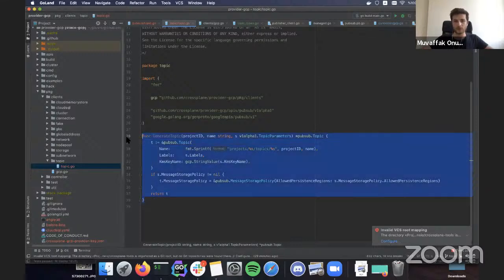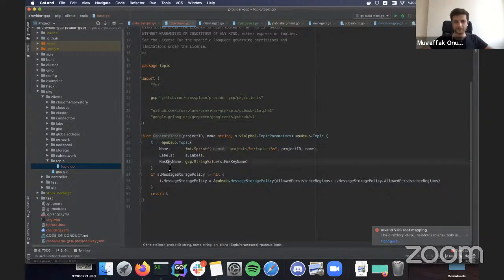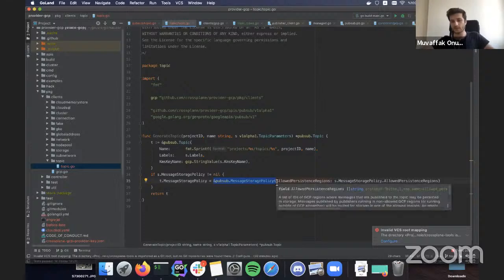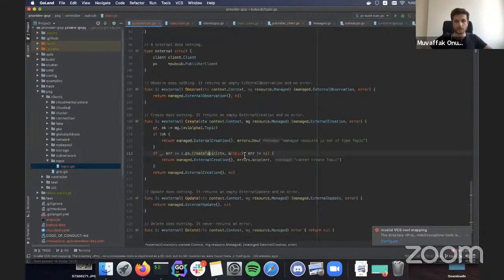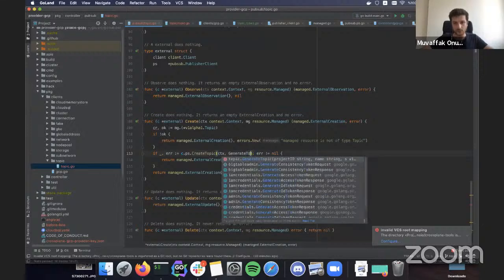So this is the whole conversion for this simple resource. As you see, we did not create this here because in case of nil, we don't want to create an empty struct, which could have some bad effects that we don't expect. So we make sure that it is not nil, that the user actually did fill that struct up, then we create it. Right, so here we will just call this generate topic.